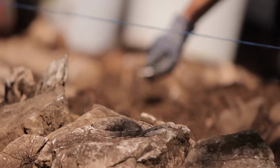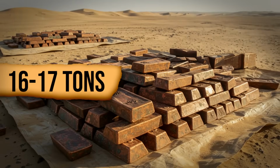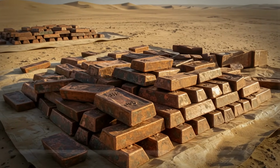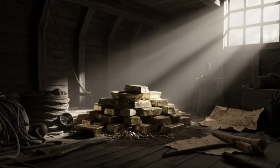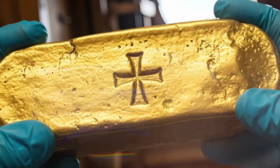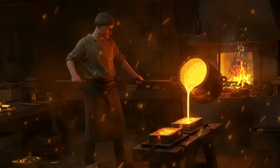The most exciting discovery was 1,845 copper ingots, weighing as much as 16 to 17 tons altogether. Those copper ingots, or pieces of pure metal, are still in great condition because the hull of the ship and layers of sand protected them from ocean water. The scientists even managed to read the trademarks on them on site and learned they were made by a super